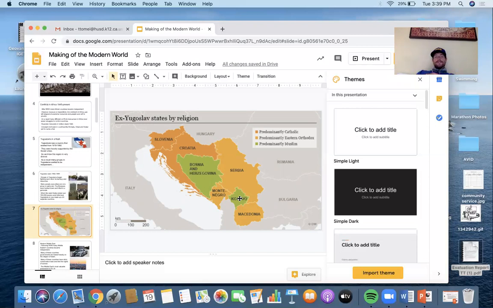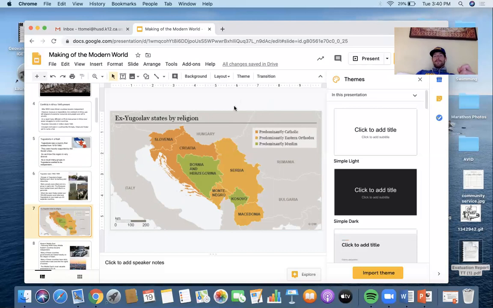The ramifications of this have been, a lot of these countries have tried to rebuild, are trying to be considered more level and equal with a lot of the other European countries, which they haven't historically been. For those who are soccer fans, you know about Croatia because they were in the last World Cup final. And a big thing that I like about this map is it shows you the